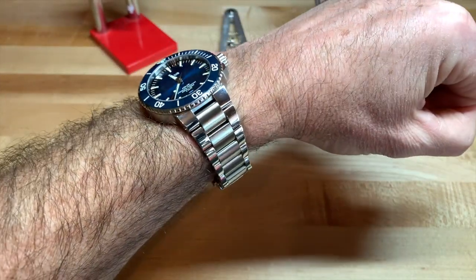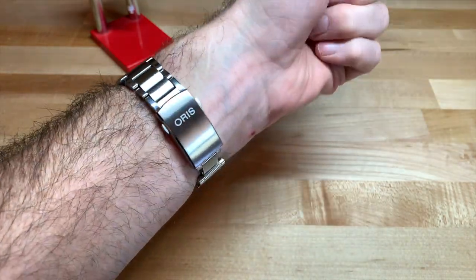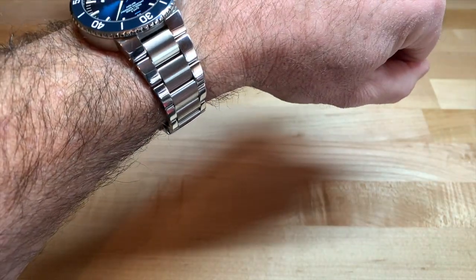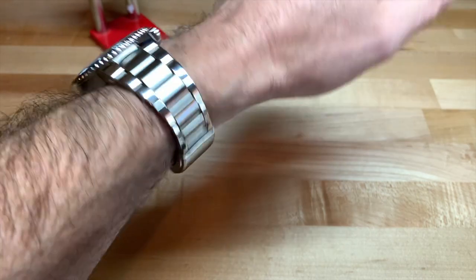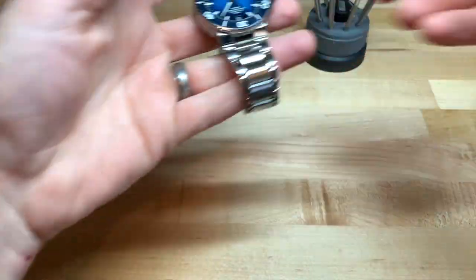If you look at the bracelet, you can see it's got a pretty radical taper to it. So it starts wide here at, I believe, 22. Although it's a custom bracelet, and I'll get into that a little bit more. But it tapers quite a bit. Now there's a negative to this as well, in that what happens when you do that, because it's a big